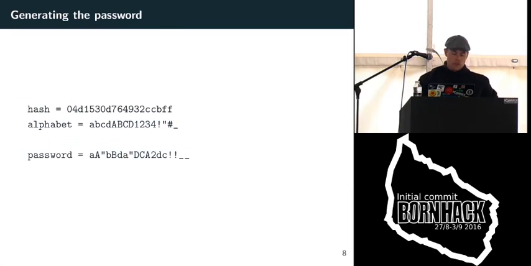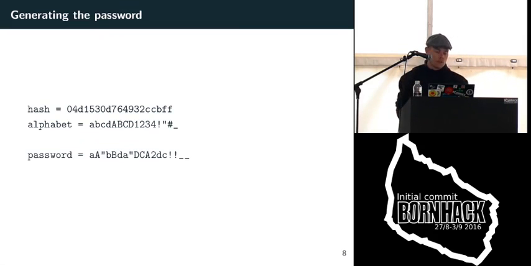So how we do it is that we have the hash as we had before. I've shortened it a bit because it's not really necessary to have it longer than this in order to make a point. And then I have some sort of alphabet. This is a predefined alphabet consisting of a series of characters that I want to use for my password.